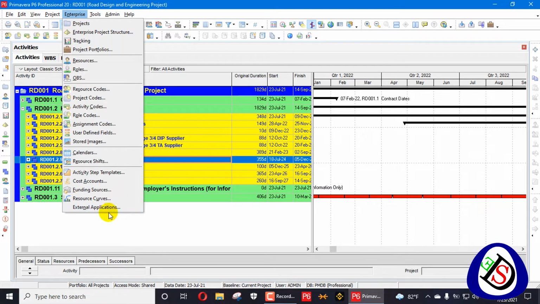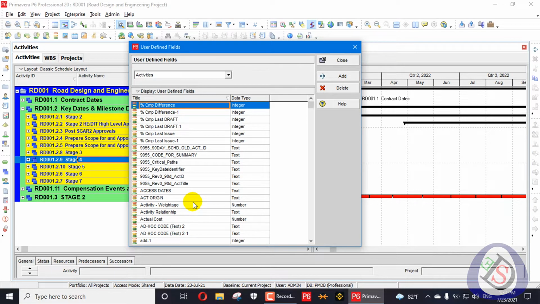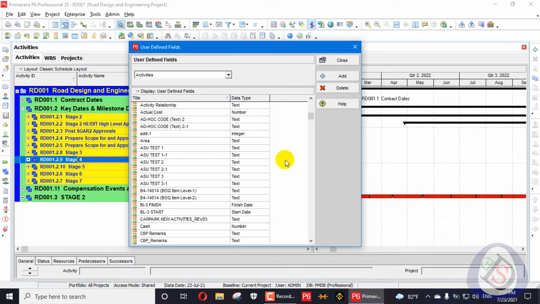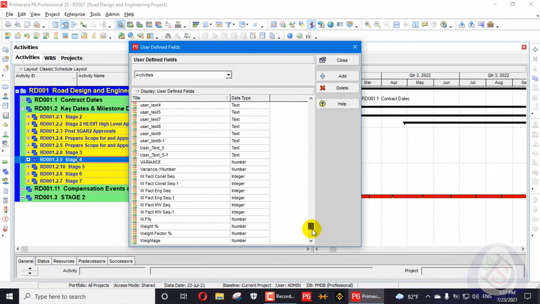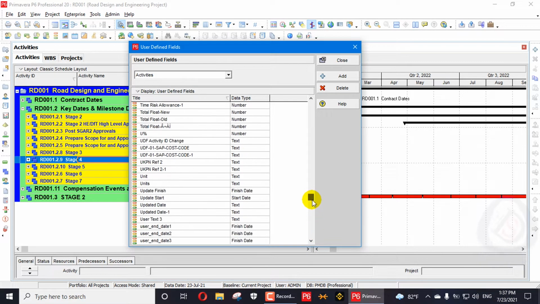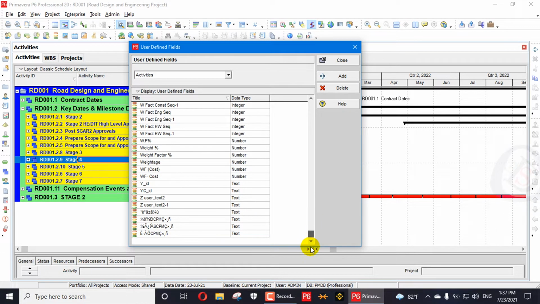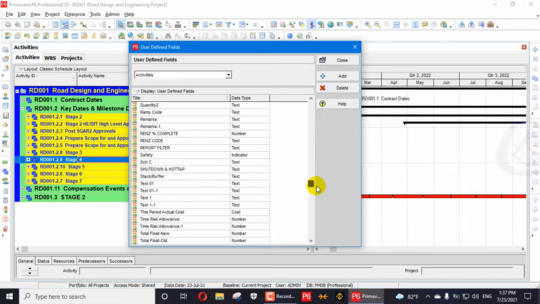You will see here Enterprise, and find User Defined Fields. There are a lot of user defined field columns. So I will create one column here. First of all, I will see if there is a user text field here. There are a lot of columns, so we will see a user text here. There is Text 1.